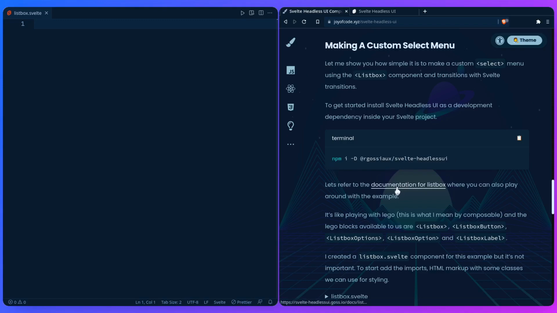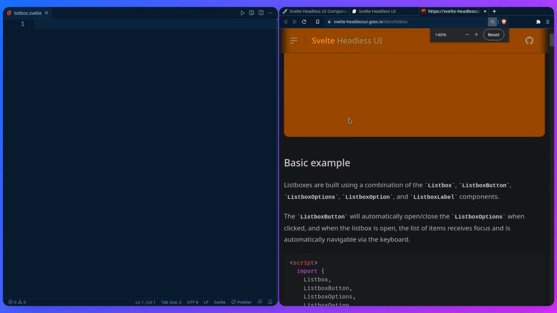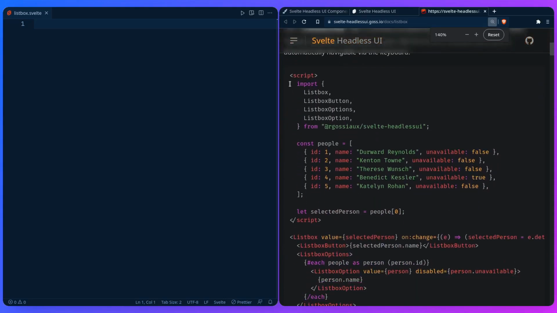So let's refer to the documentation for listbox, where you can also play around with examples. So if we go here to the documentation, we can see all of the elements here, and here is the custom select menu. Yeah, so we can see the basic example here. Let me just zoom in. And if we look at this example, we can see how it works. So we're going to import